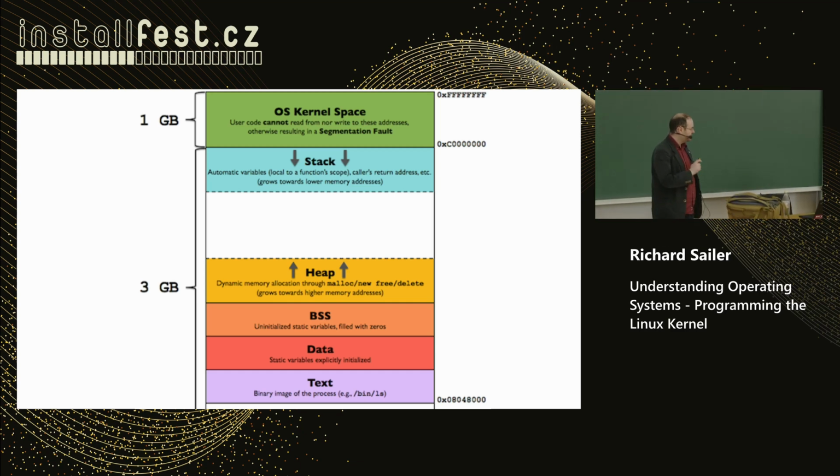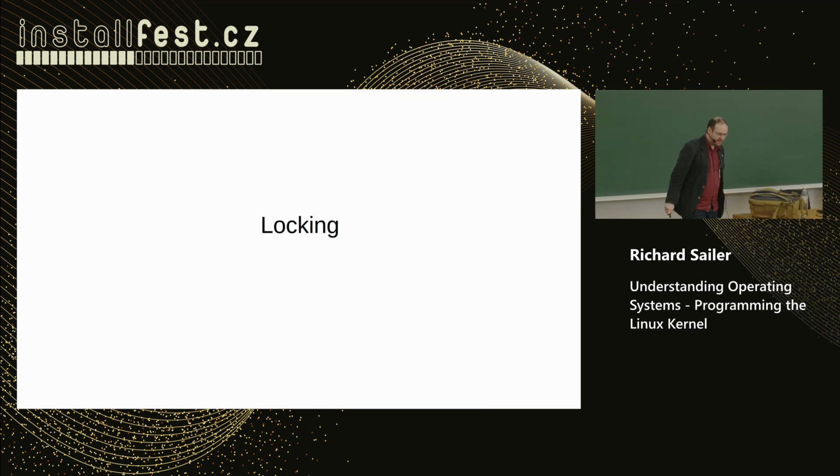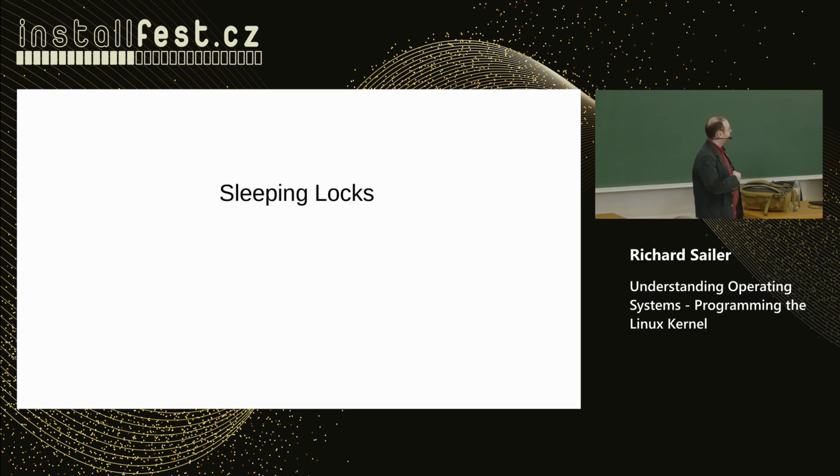So what do we have next? We have locking. I did already mention that before. Important there is, in the kernel you have the sleeping locks, the ones where you can sleep when you don't get the resource. They are usually called mutex or semaphore. That's just how they name them. That's not really a general science thing, but it is so in the Linux kernel.